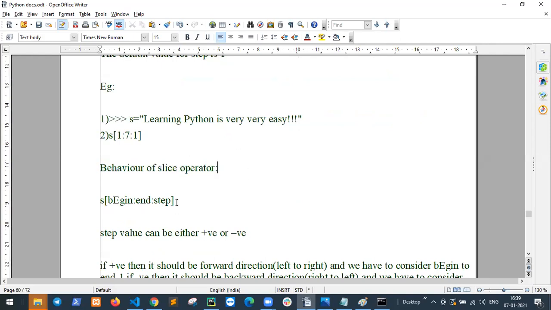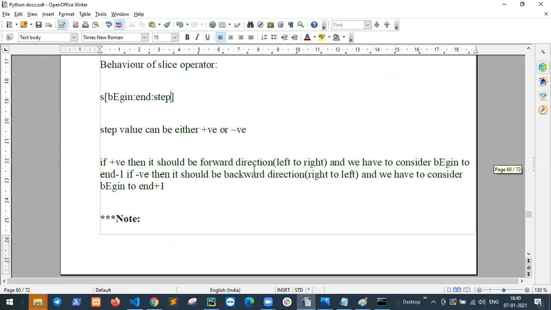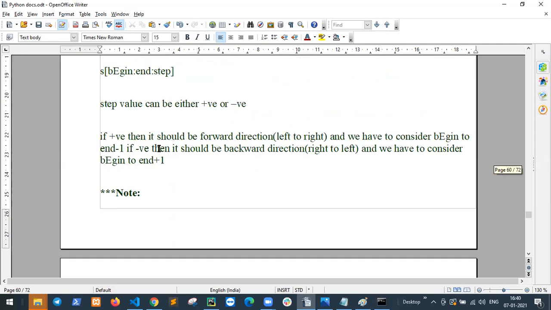Behavior of slice operator: beginning, end and steps. The step value can be either positive or negative. If positive, then it moves in the forward direction, left to right, and we have to consider beginning to end -1, that is from 0 to end -1.